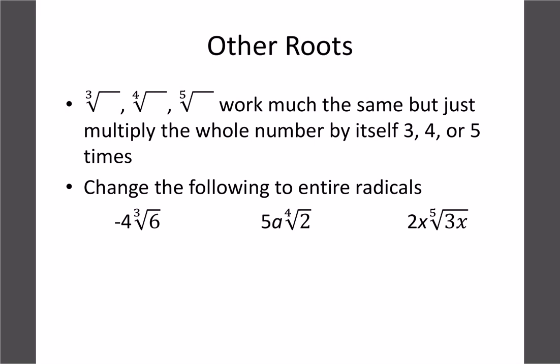So the same sort of rules apply when you get cube roots, fourth roots, fifth roots. You just got to make sure you times that number by itself 3, 4, 5 times, and so on. So in this case, let's leave the negative out front again, and we want to change 4 into a cube root. So we go 4 times 4 is 16, times 4 again would be 64. So in this case, we would go 64 times 6. So our final answer should be negative cube root